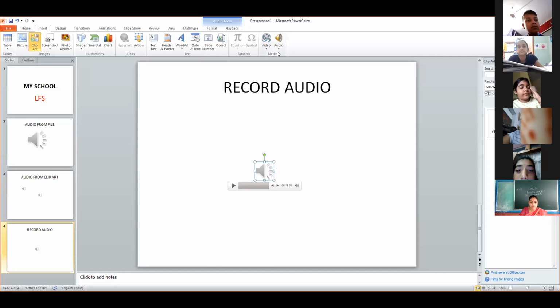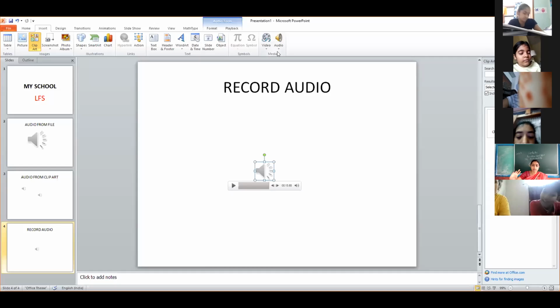Flash is also a kind of software which allows you to create some animations, as it is there in Scratch programming, right? It also gives you the facility to create some animations which you can insert here. Pragyan, just mute yourself from your side.